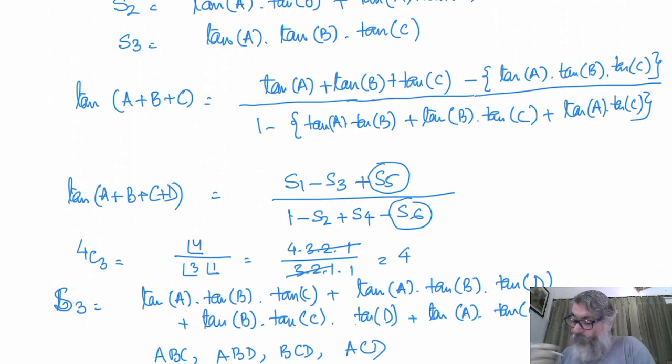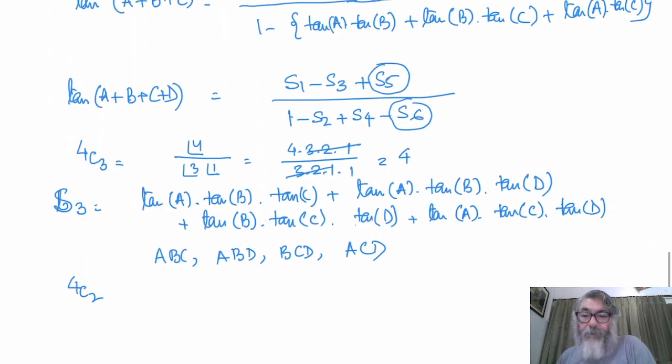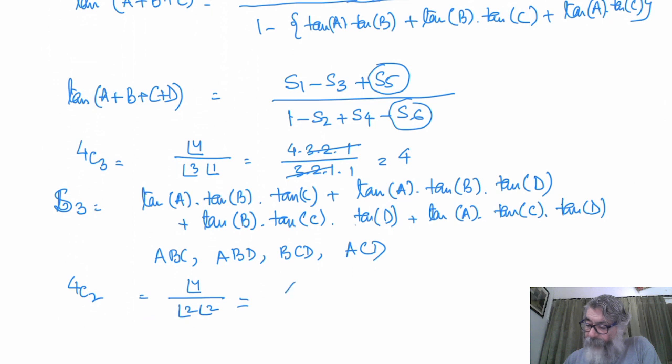Now let us see S2. S2 means 4C2: out of 4 given numbers, you make two combinations. So factorial 4 over factorial 2 times factorial 4 minus 2, factorial. It will be 4, 3, 2, 1 over 2, 1 and 2, 1. So 6 possible combinations will be there for S2.